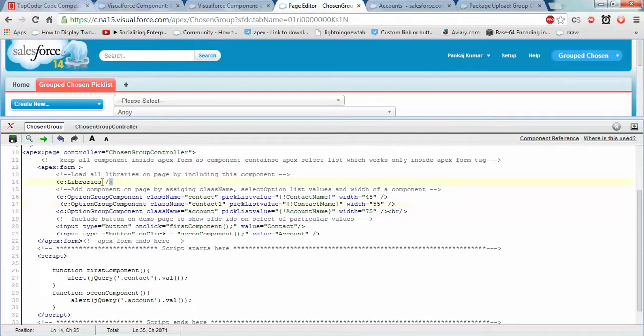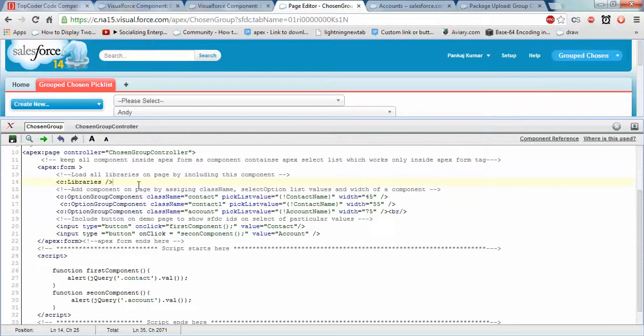You can see another component, C libraries. What C libraries does is load all the libraries in a single component, because if we include all the libraries in each main component, then if there are 10 components, the libraries will load 10 times. In my case, all the libraries load once, without impacting component loading.